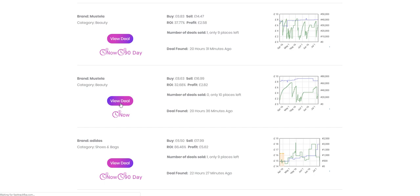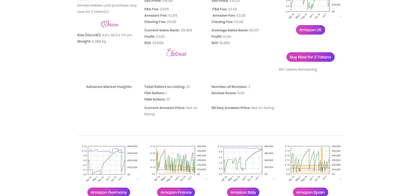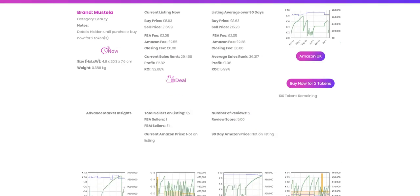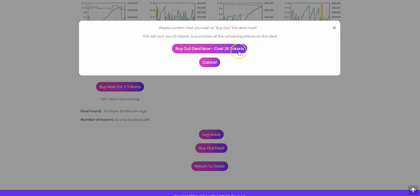And again, I said I didn't want to drag this out, but I think it is good to go through these examples to show you exactly how the service works so you can get a feel for it. So the first thing I want to note here is that this is 2 tokens, not 3, unlike others. And you can see all the keeper graphs there. And say you look at this and you want to buy it, there's actually a cool feature where you can buy out the deal. And this means you will